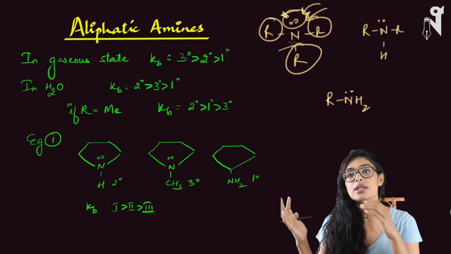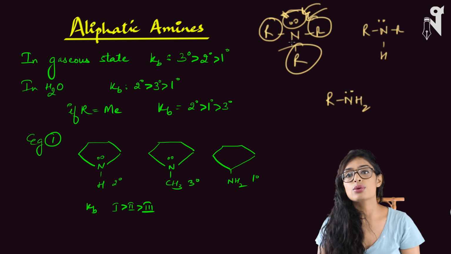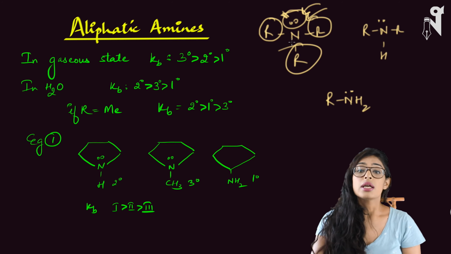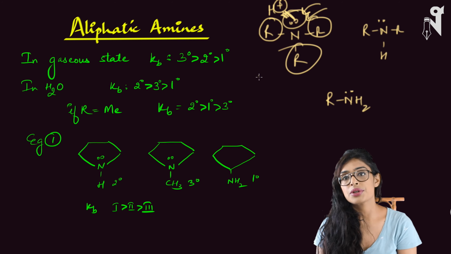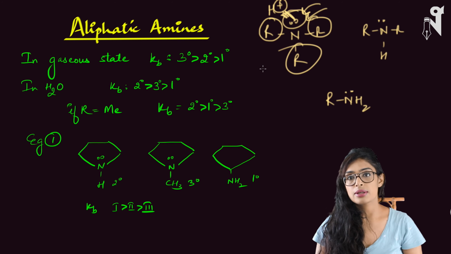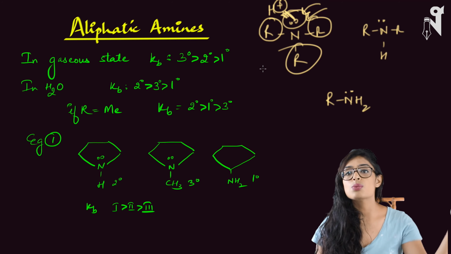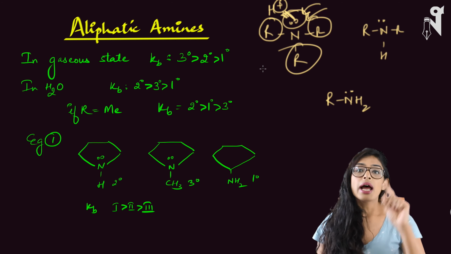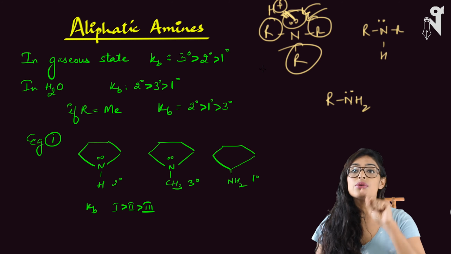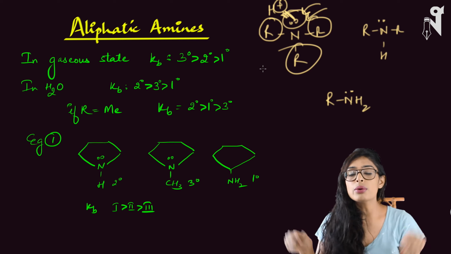So basically around the nitrogen there are huge R groups present, which restrict the entry of H plus, or you can say restrict the movement of water towards nitrogen to form the nitrogen hydrogen bond, where nitrogen can accept the H plus ion by giving its pair of electrons. So that is pretty much restricted due to the high steric hindrance. Okay, extremely bigger groups are present along with the nitrogen. 3 R groups create a lot of steric hindrance, a lot of crowding around the nitrogen, and restrict water from coming closer to the nitrogen, and restrict the water from giving H plus ion to form the bond with nitrogen, because there is a huge crowding around.